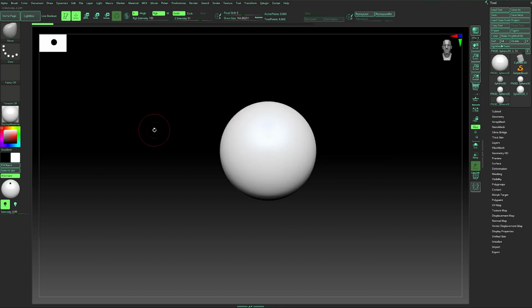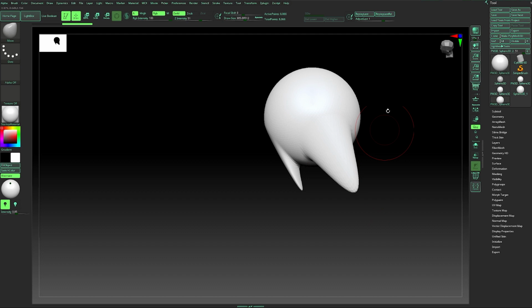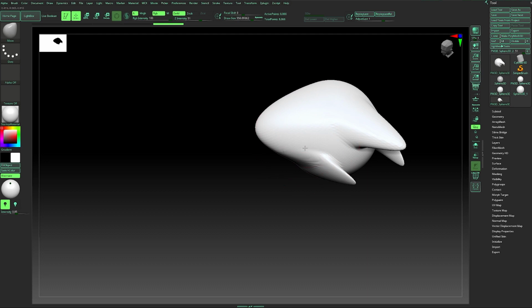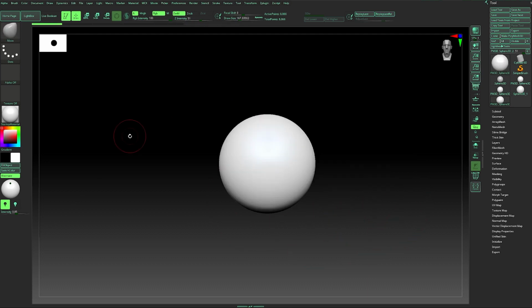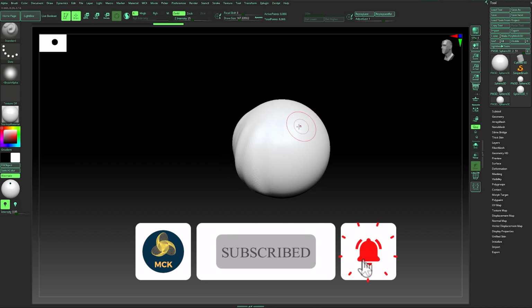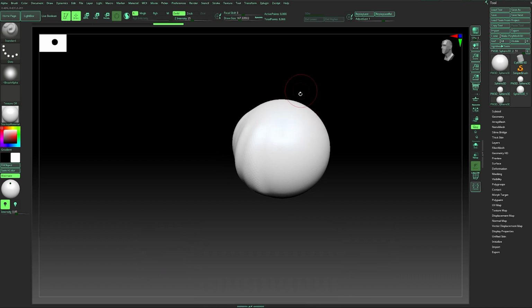Okay, the first tool that we are going to use is the move tool. Move tool is actually moving the geometry around. It depends on the size of your brush, obviously. Okay, the next tool is the standard brush. A standard brush is useful for carving details. You can extrude your model, and if you hold Alt, as you can see, there's a minus on my cursor on my brush that I will carve in.